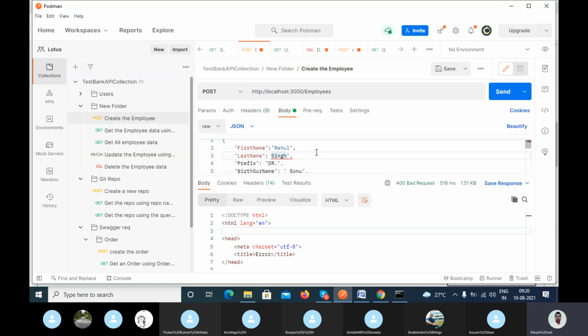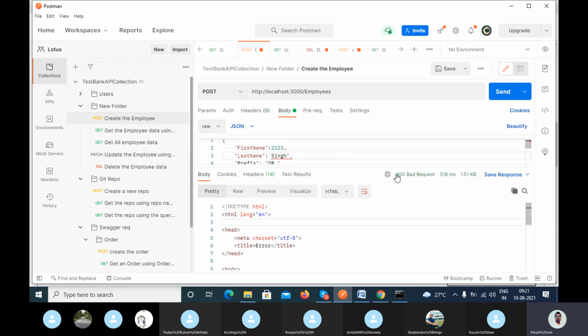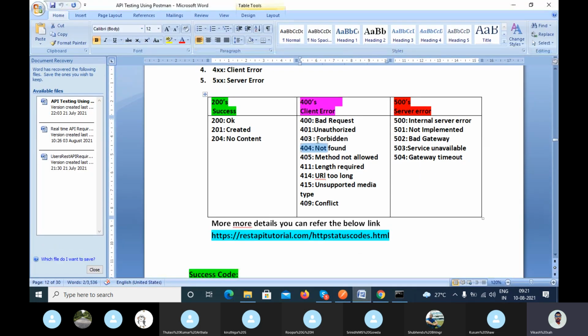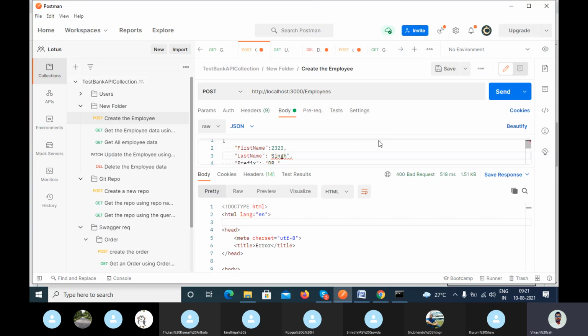Let's suppose you miss the first name and the first name is mandatory, or instead of a string you pass some integer value, so you are not following the correct data type as per the requirement, and you are getting some other client error, like Unauthorized or 404, or 422 Unprocessable Entity.